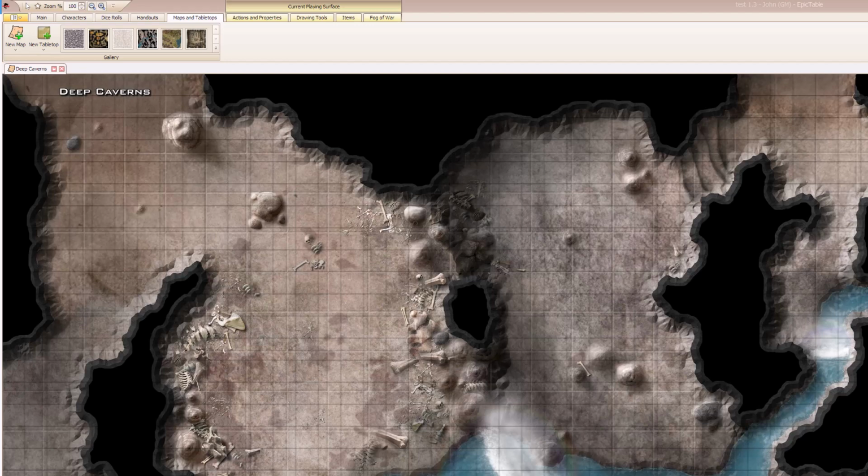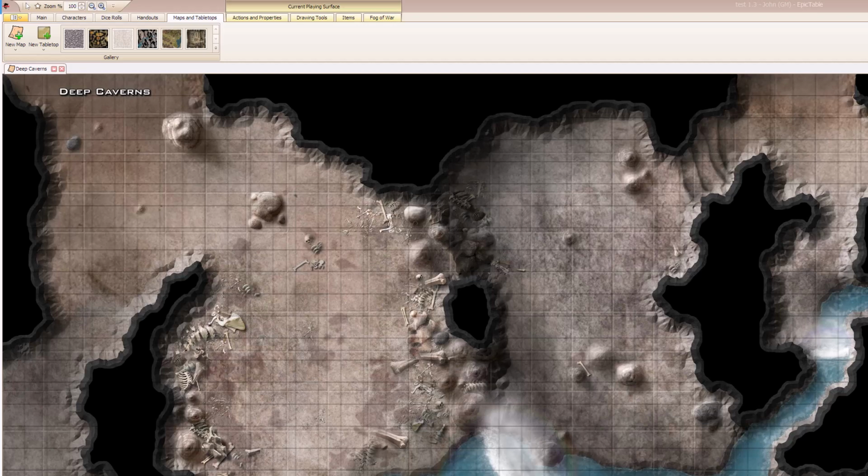In this video, I'm going to show you how to align a grid to a map when you're using a backing image that already has a grid on it. I try not to do this, and most maps that you can buy on Drive-Thru RPG and places like that will have a non-gridded option, and so I try to use those, but sometimes you have one that has a grid on it and you want to use it anyway, and so that's what I'm going to try to walk